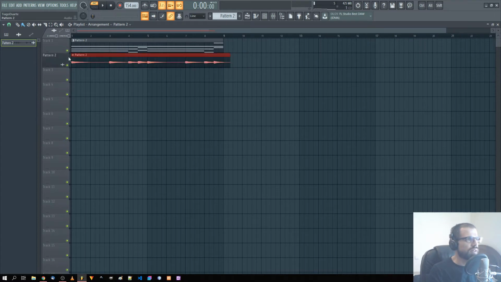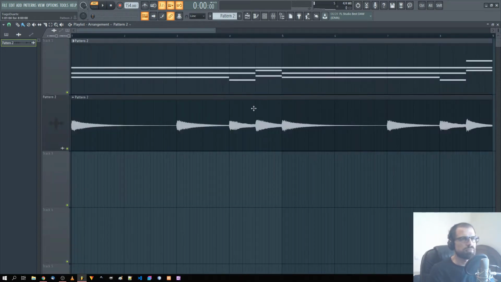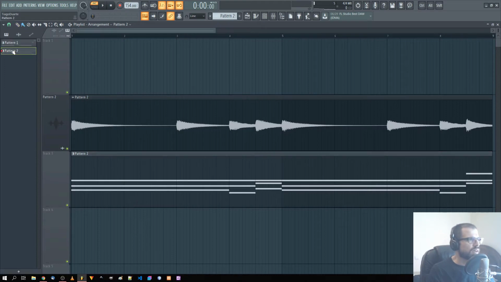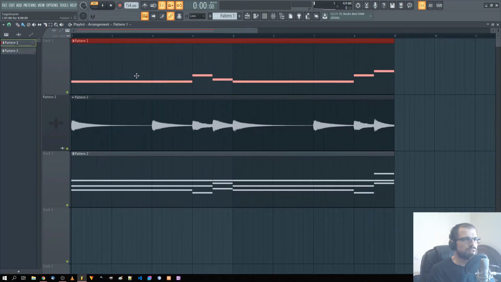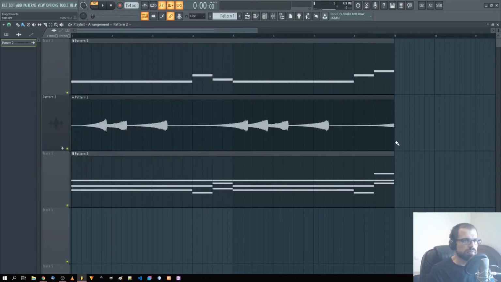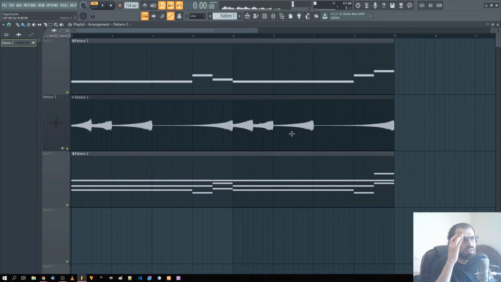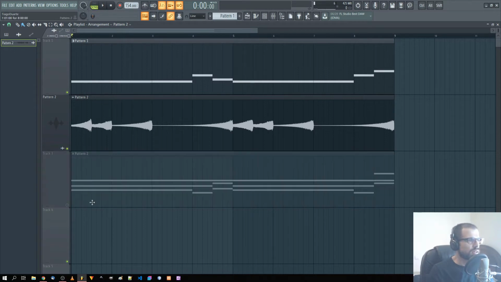And now we have the audio clip here. So what I'm going to do, instead of doing it with Edison and all that stuff, which takes a little bit more time, is this. I want now pattern 1, 2 here, and I want to reverse this sample, the piano sample. So I want to cut it here, and actually I need to cut it one more like this. Okay, and if we go to song mode and take out the piano,